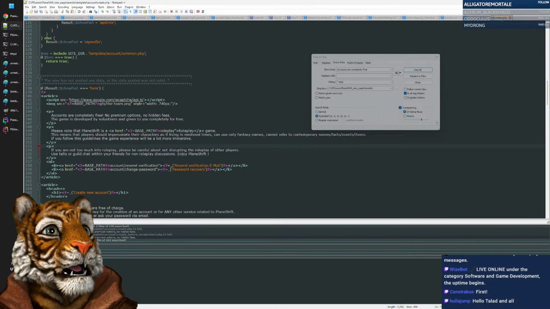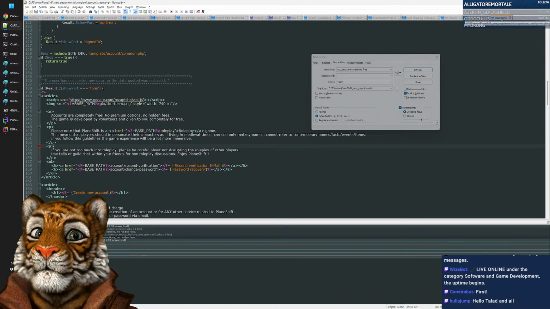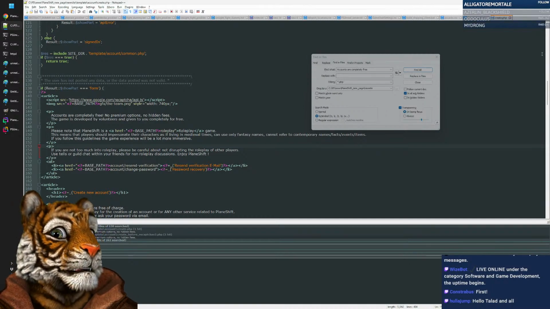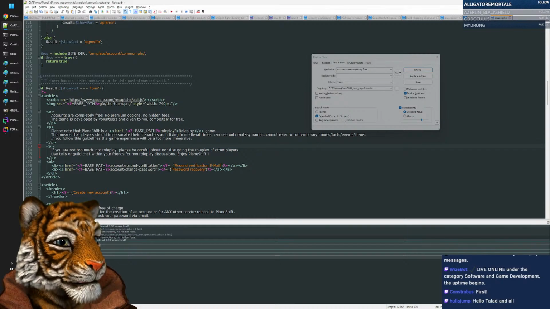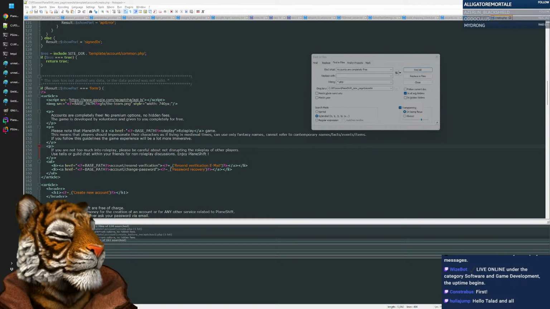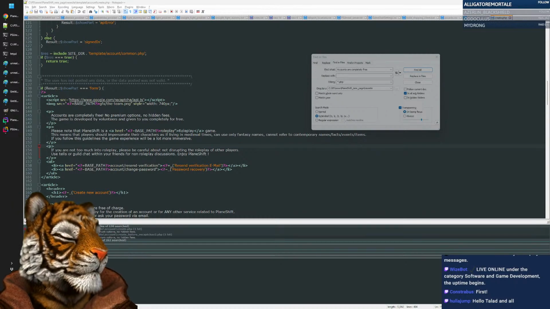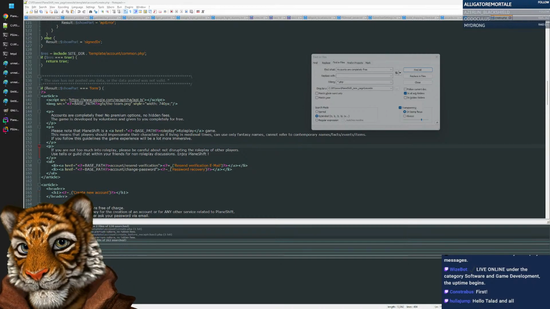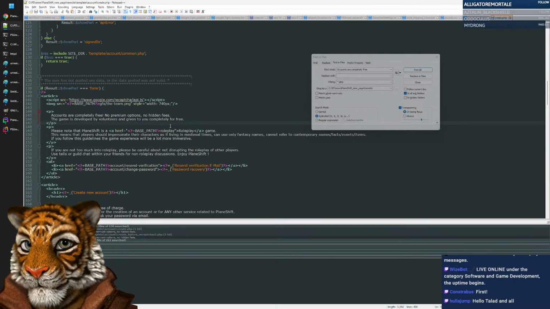So it's under what? It's under account create. Template account create. Okay, I see it. Okay, so yeah, I think we can